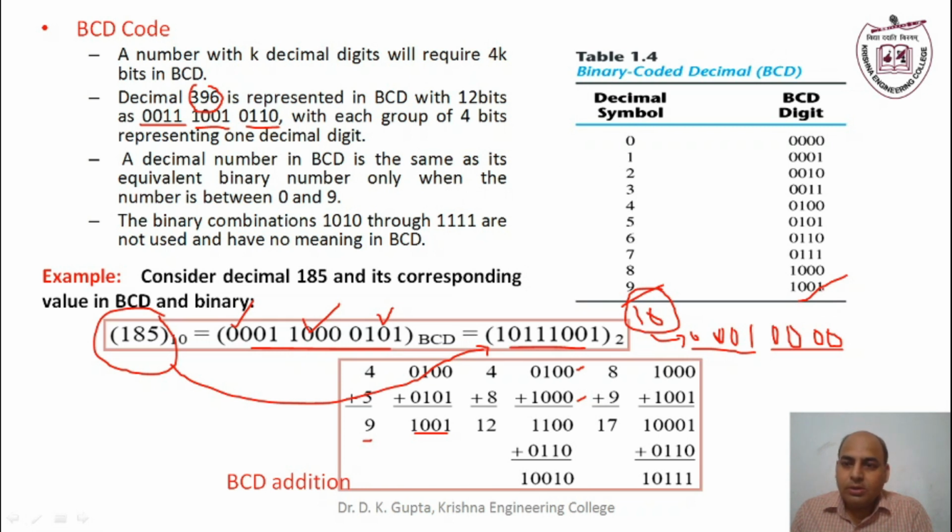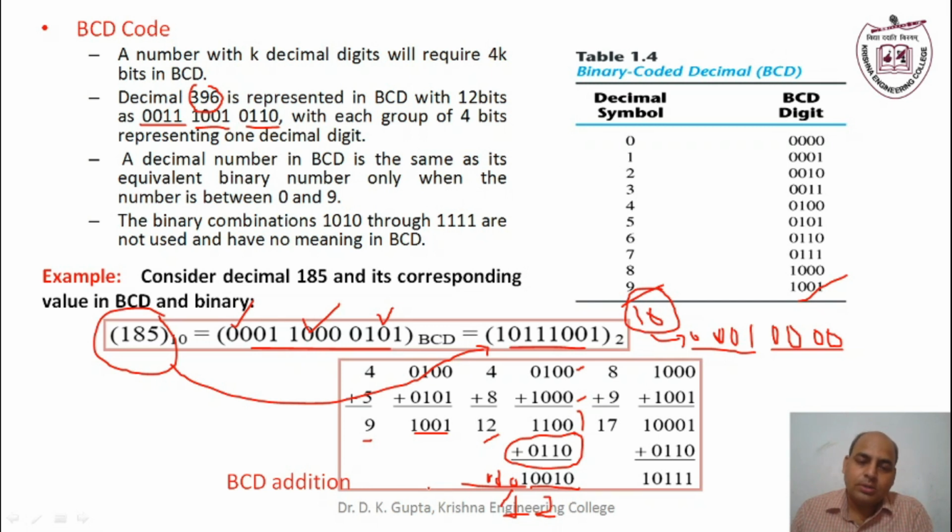So what we do here is add a correction factor of 6. This is the main point. Whenever the sum exceeds the BCD range, we need to add a correction factor of 6. By adding the 6, we have 10010. So here 0010 means 2, and the 1 is considered as a 4-digit form by adding zeros, 0001, which equals 1, so the result is equivalent to 12. In this way we can perform the addition.